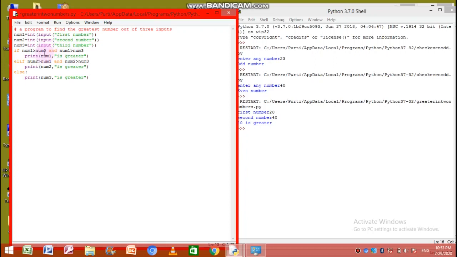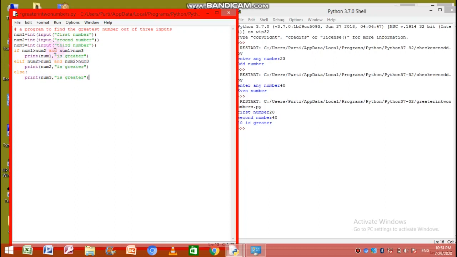In the same way, suppose this condition returns a true, the overall result was true, then num1 will be printed as it is greater. Otherwise, it will jump to the elif part, and now the second number will be checked by the first number, and again the second number will be checked by the third number. If at both the times the second number becomes the greatest, means if in both the conditions the result is true, the overall result will be considered as true, and the message will be print num2 is greater.